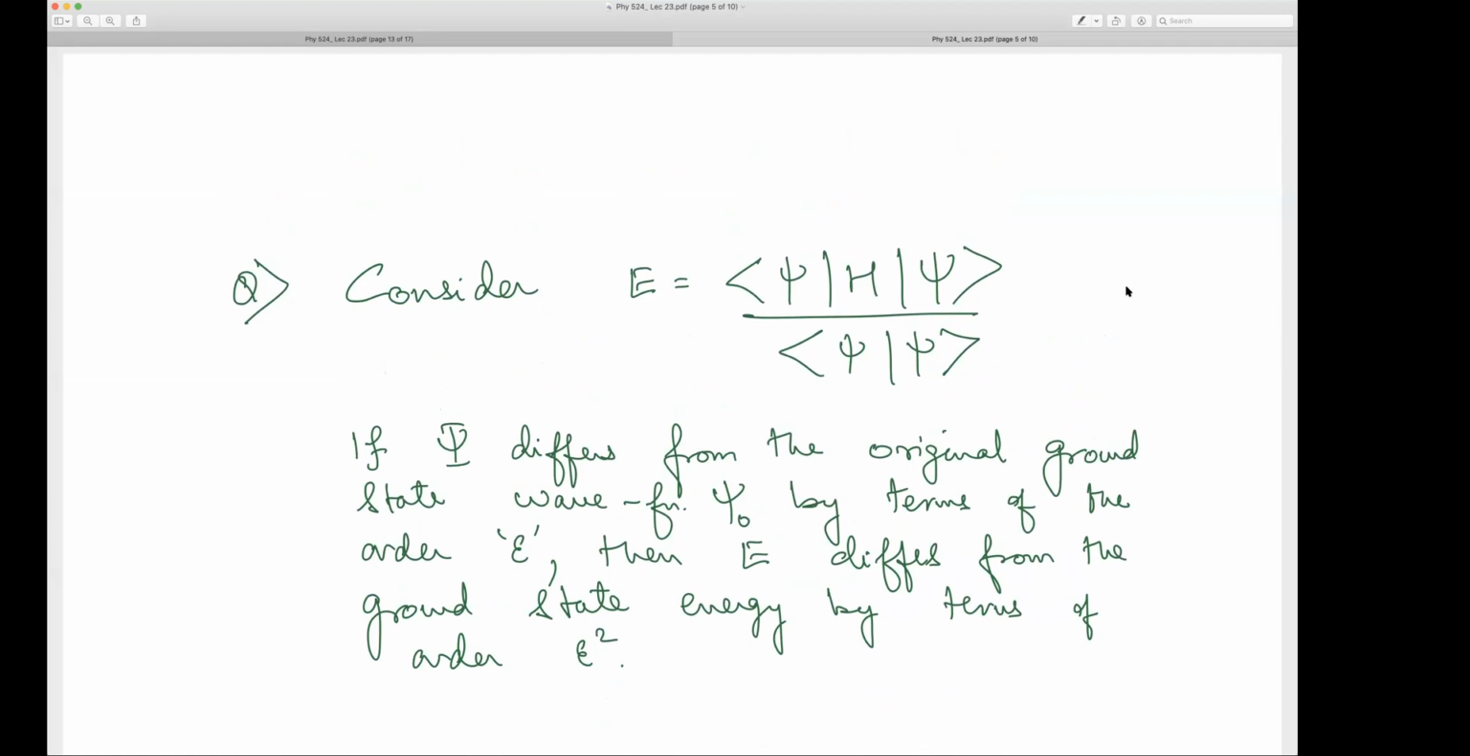So, let's say, in general, I can say that the energy value of a given Hamiltonian, I can write in terms of the expectation value of H in psi, divided by the norm of psi, just to take care of the normalization, etc. Okay. And now let's say this psi differs from the original ground state wave function psi 0, which would have given you E0 energy, by terms of the order of epsilon. Okay. Then please show that E will differ from the